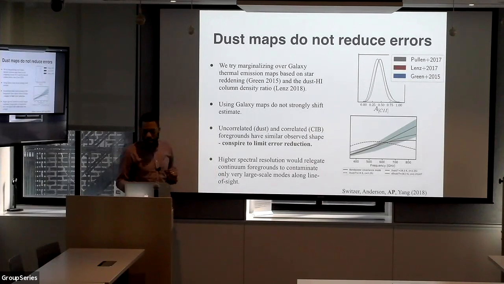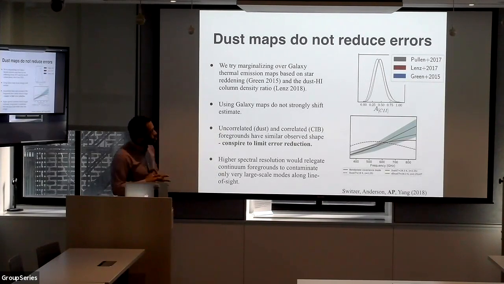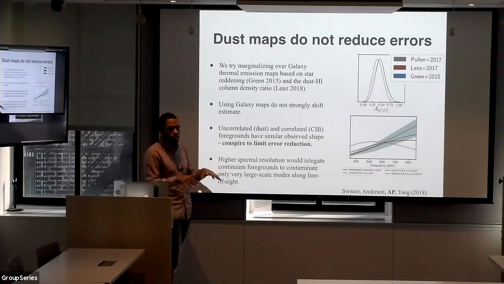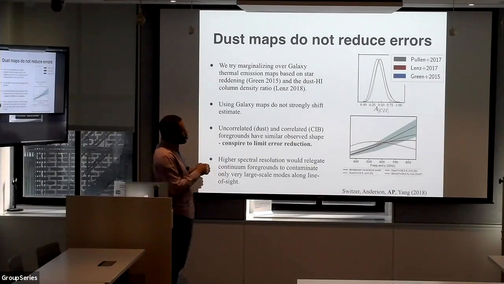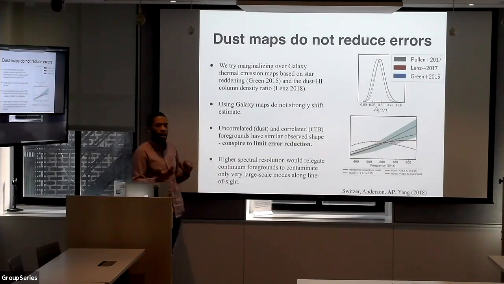And specifically what we did was we used templates of the Milky Way galaxy. One, in particular, was an H1 map that was constructed by Daniel Lenz. And so what we tried to do is we tried to use those as templates in order to try to remove the Milky Way galaxy using those templates. And so what we found, however, was that because we were basically trying to project out both the Milky Way and the CIB,